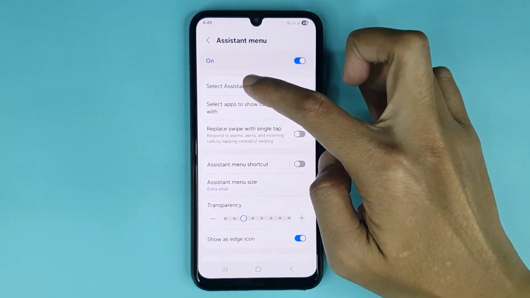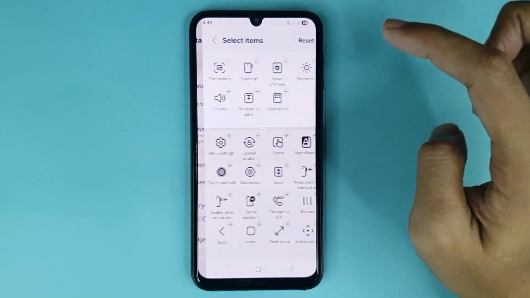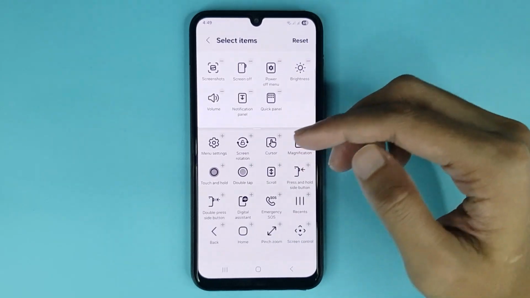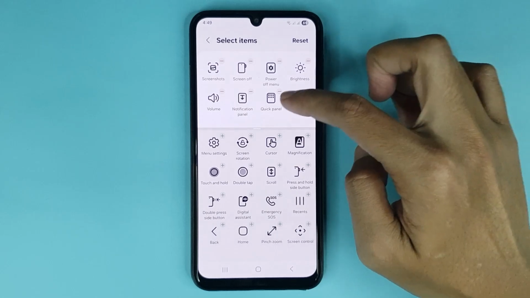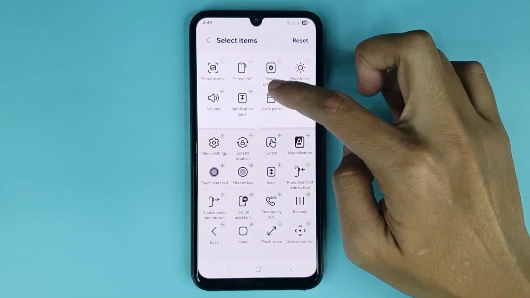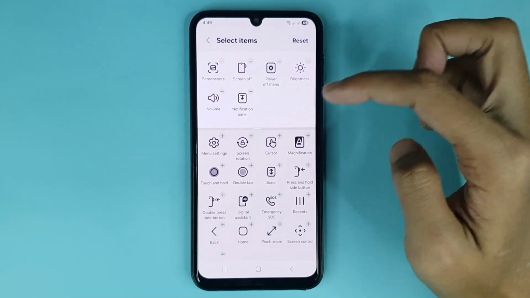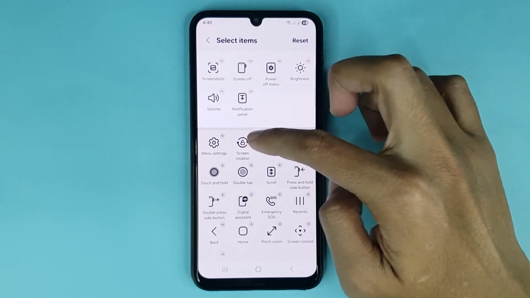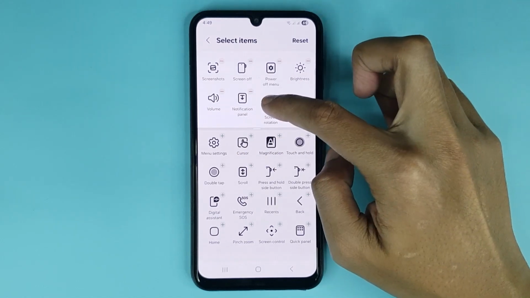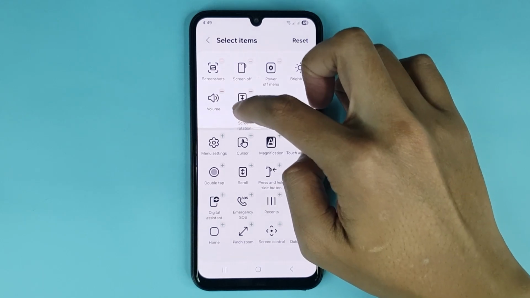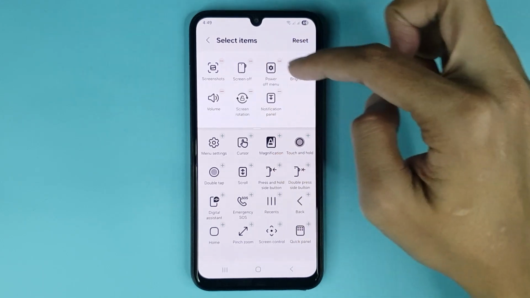At first, if I tap on select assistant menu items, from here you can add or remove any item from your assistant menu. Suppose if you want to remove the quick panel item, just tap on this minus icon. On the other hand, if you want to add screen rotation option, just tap on this plus icon, and that's it. Also, if I touch and hold it, using this method you can change your position